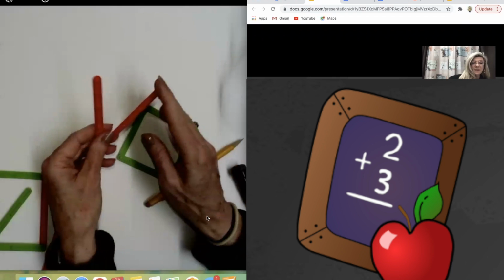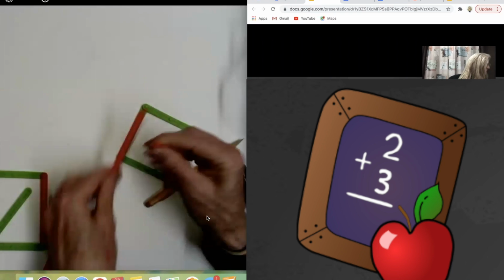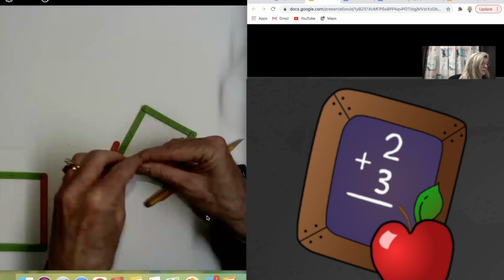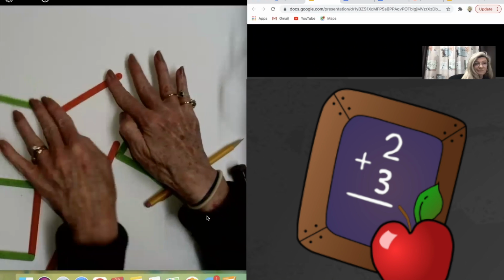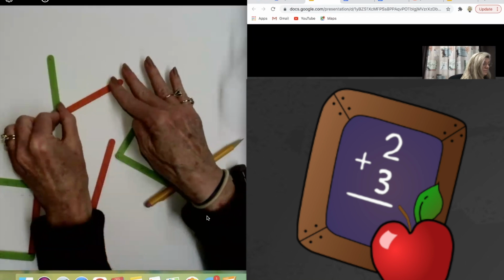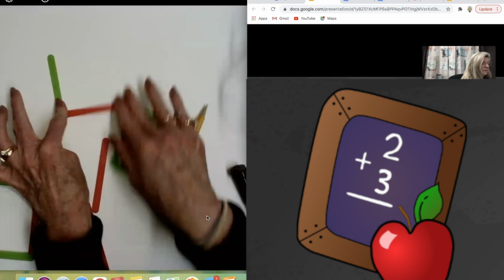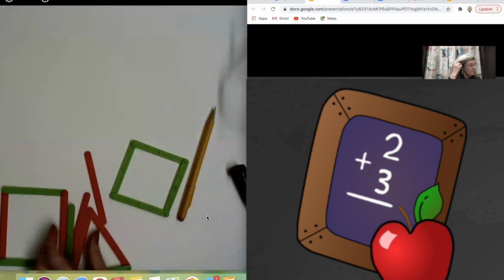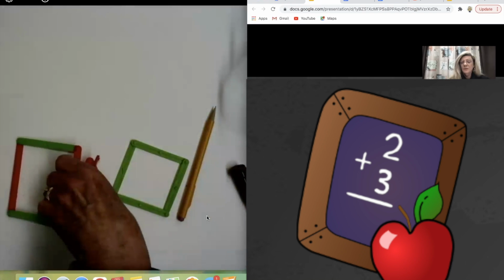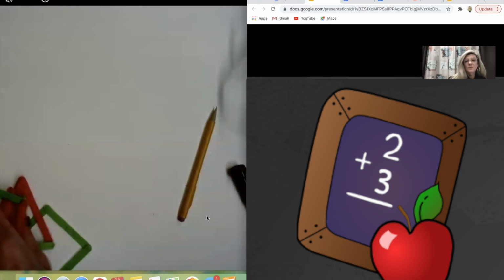Those actually would make nice hands on a clock as well. You could do the minute hand, hour hand if you needed to makeshift clock. You needed to use just a paper plate to mark them off. Okay, so just a few more ideas, ways to use your tools.